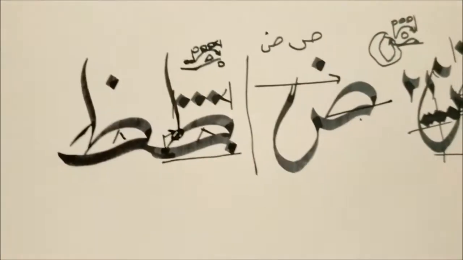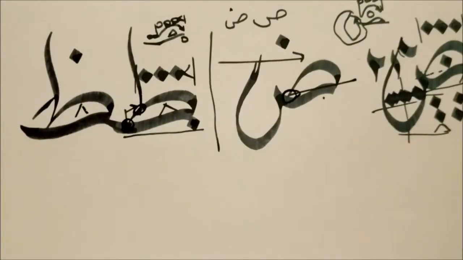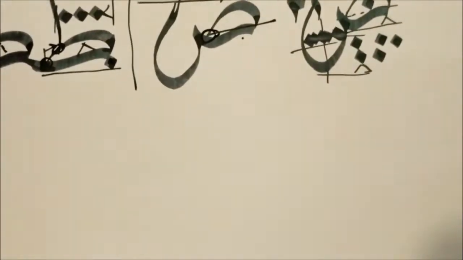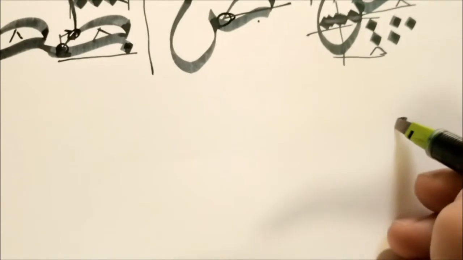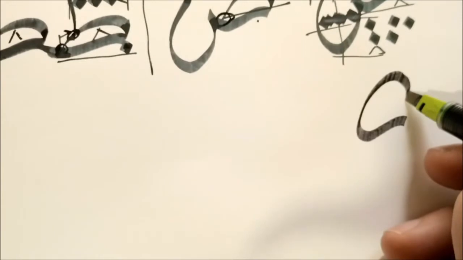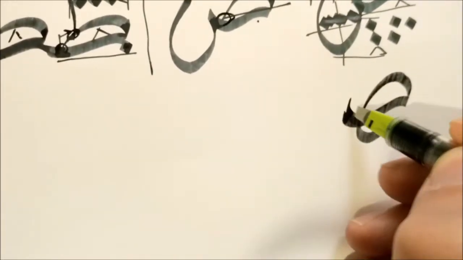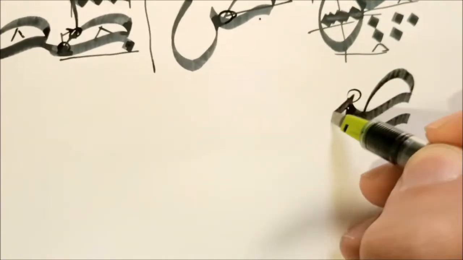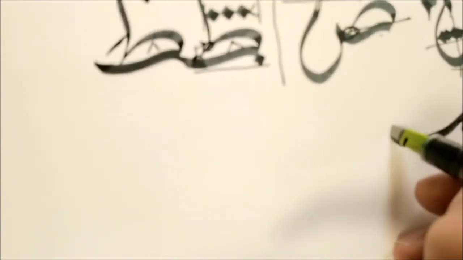Now when we connect those 2 letters, we use this part of the letter to connect. So for example, whatever the letter coming before them, you simply use this shape, you go up, you rotate, and you continue with your Sad. And if there's something connected after it, you stop the nabira here, then you continue. Let me do it again. So you go up, you make the Sad